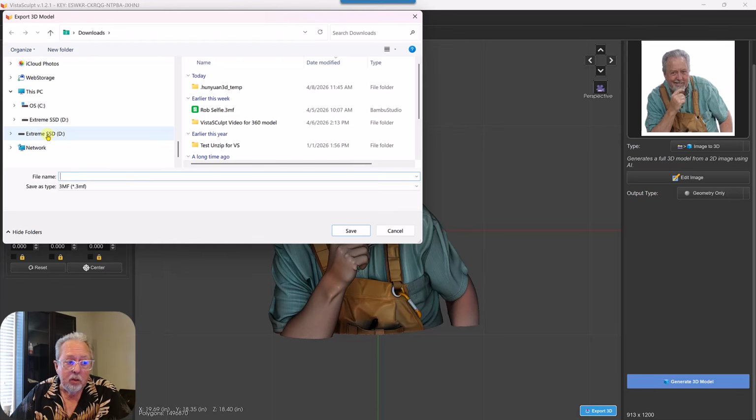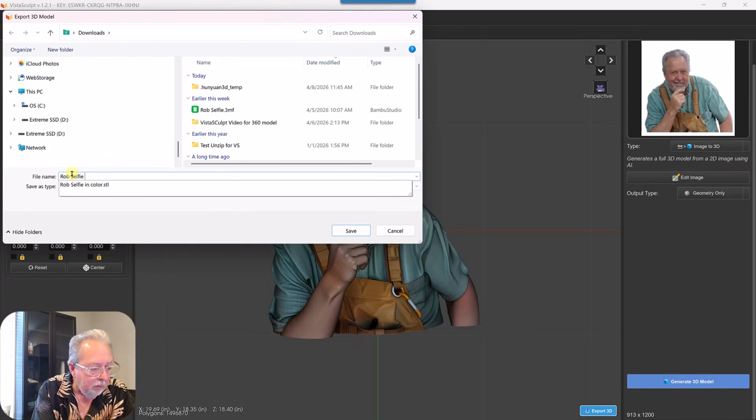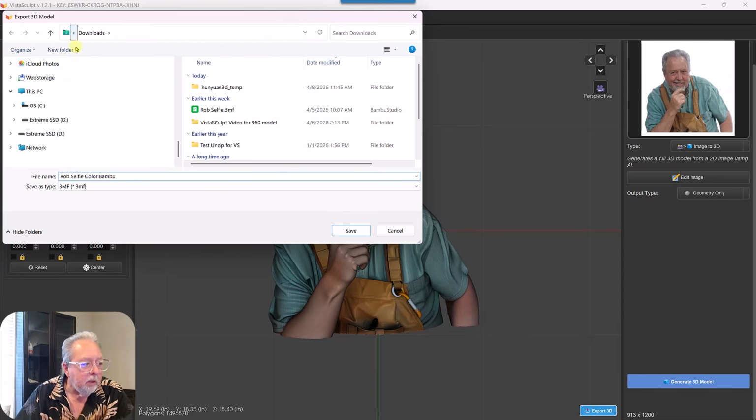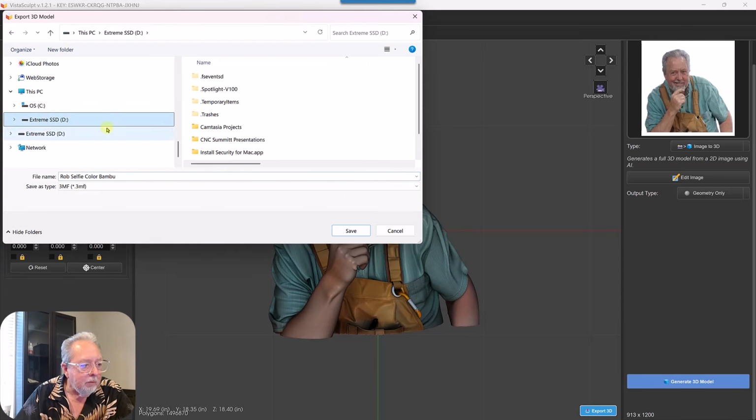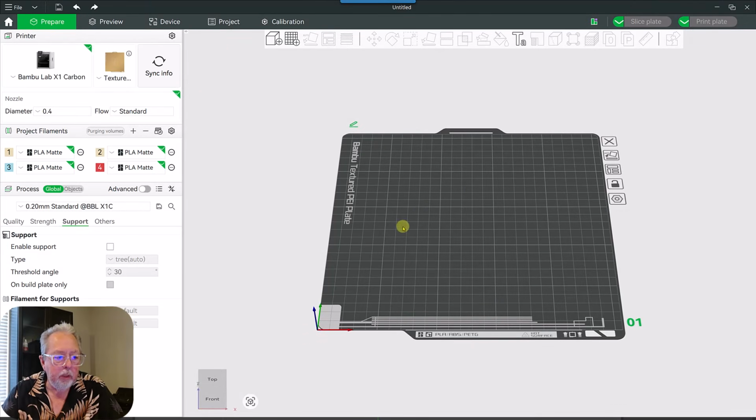Let me show you that you can export it as a 3MF. And so if I export it as a 3MF, I'm just going to simply say Rob Selfie Bambu. I should say Rob Selfie Color Bambu. And I'm going to go ahead and save that now to my drive. And then we'll get into the Bambu slicer. Now we're in the Bambu slicer. Let's go ahead and bring in the